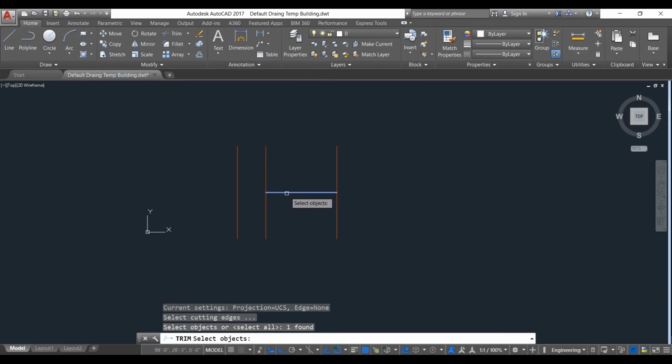First select the objects, press spacebar, select the portion that you want to trim, this portion or this portion. This is how it is done. If you want to trim this, you can also do it. For speed, I will show you again. First take the trim command, then press spacebar again and just select the portion that you want to trim. This is how it is done.